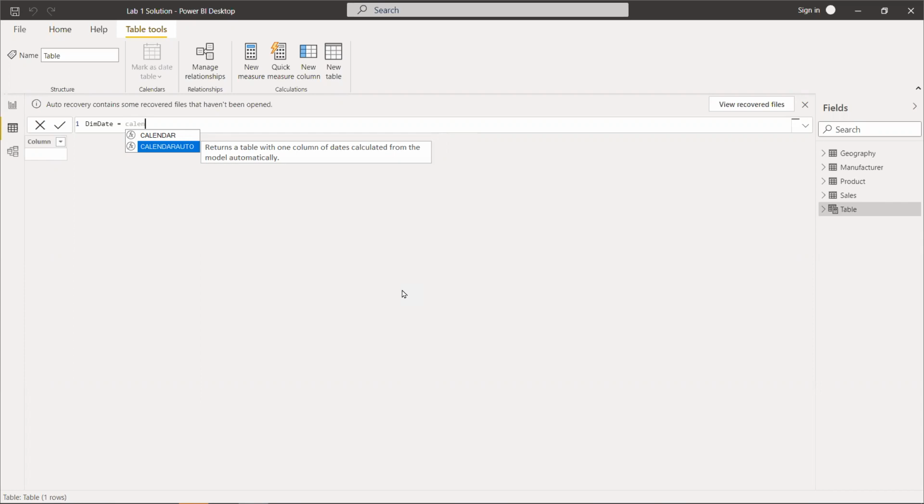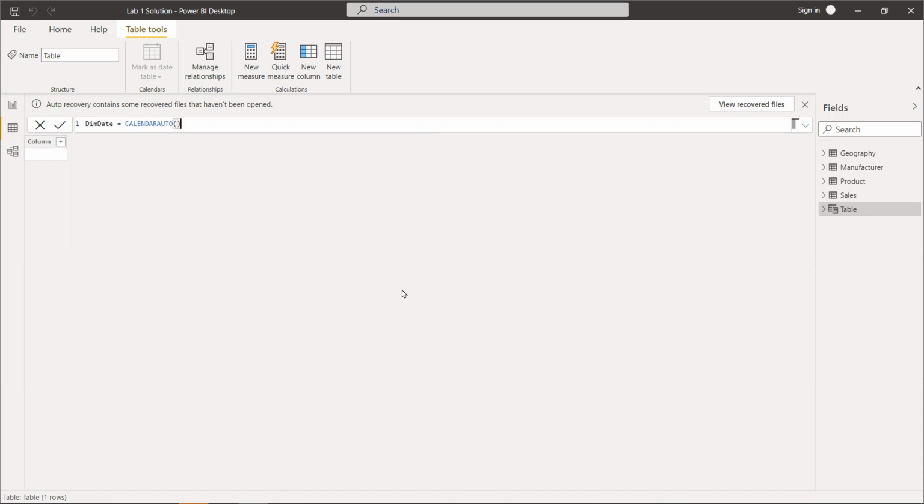So I would be, let's say, using the calendar auto function. In case there are fiscal years, for example, our fiscal year starts in October or April, whenever we need to create a fiscal date period table, we could specify the month number which should be used as the first month.